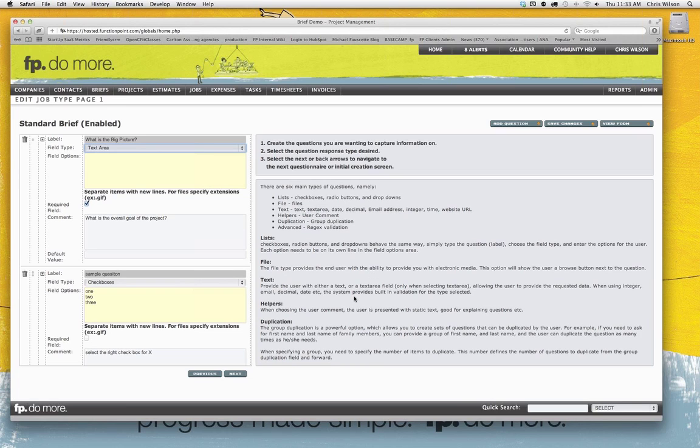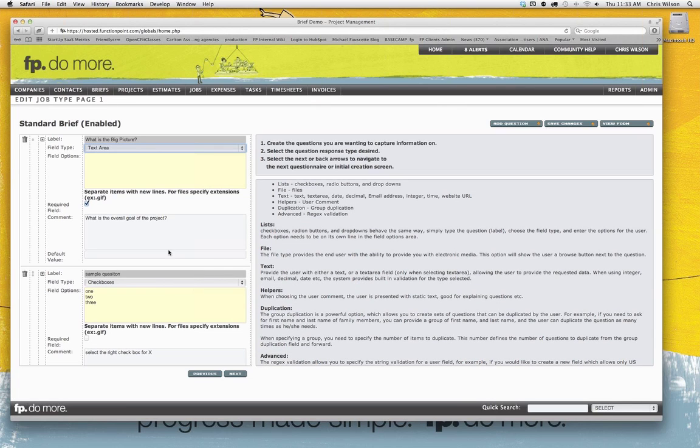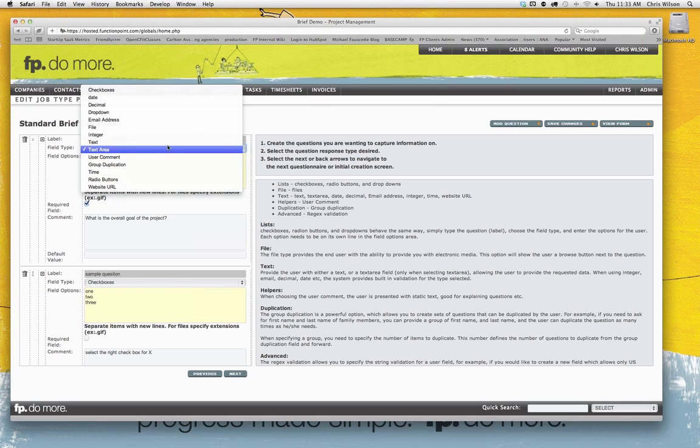Files allow you to have the ability to upload a file. Text boxes, there's a slight difference between text area and text. The text area is really designed for a large text block, whereas the text only is really simply associated with a simple line or response.